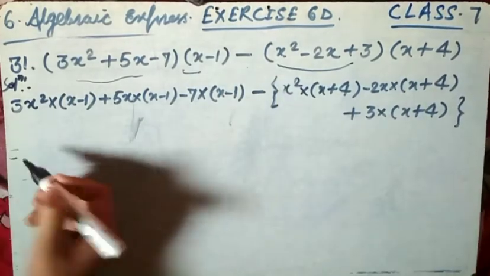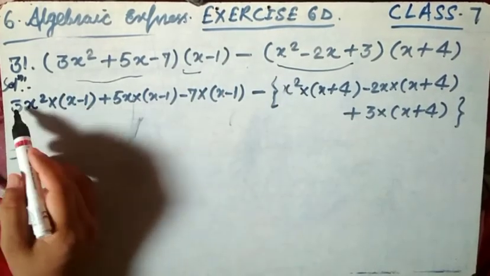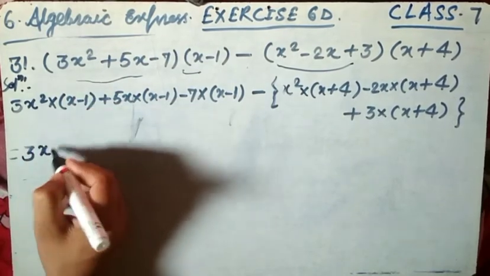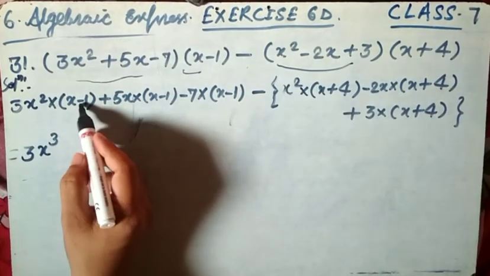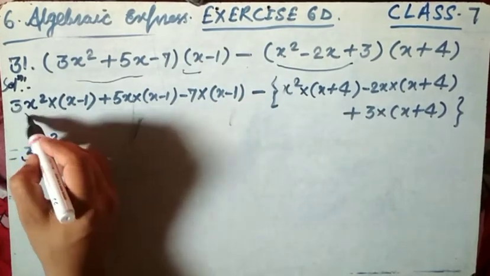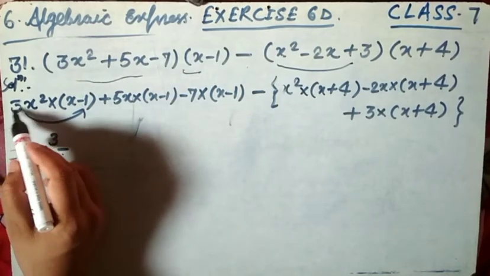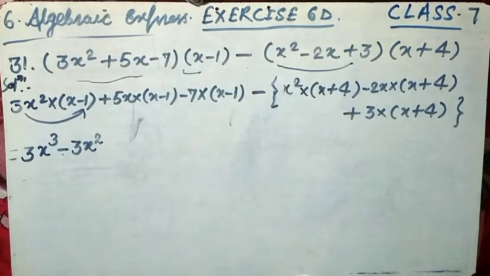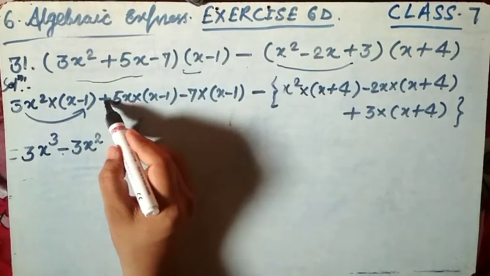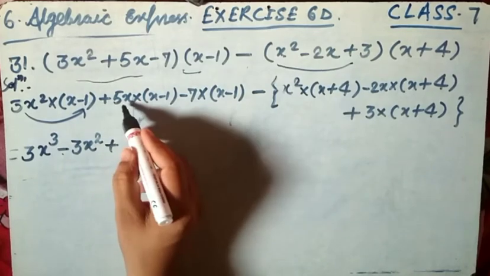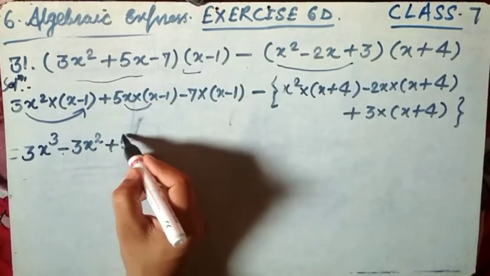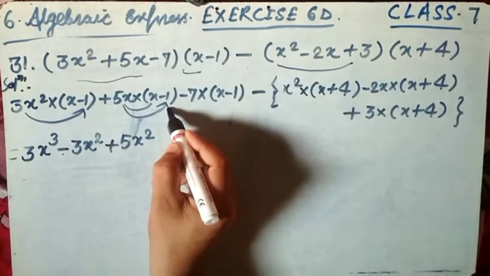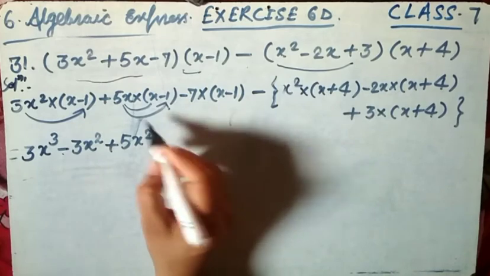Then next we have to multiply here, plus into plus: 3x square multiplied by single x. This 3 as it is, here is x square, here is 1x, x cube, remember. Now this is minus, plus into minus, we have to multiply this minus 1, here the sign is minus. Now 3x square times 1 is 3x square, any number multiplied by 1 becomes the same number. Remember. Now here this is plus and this is plus x, plus into plus 5x, 5 as it is, here is x into x square. Now once again this 5x is multiplied by minus 1, here is the minus, here is the plus, minus into plus is minus, 5x.